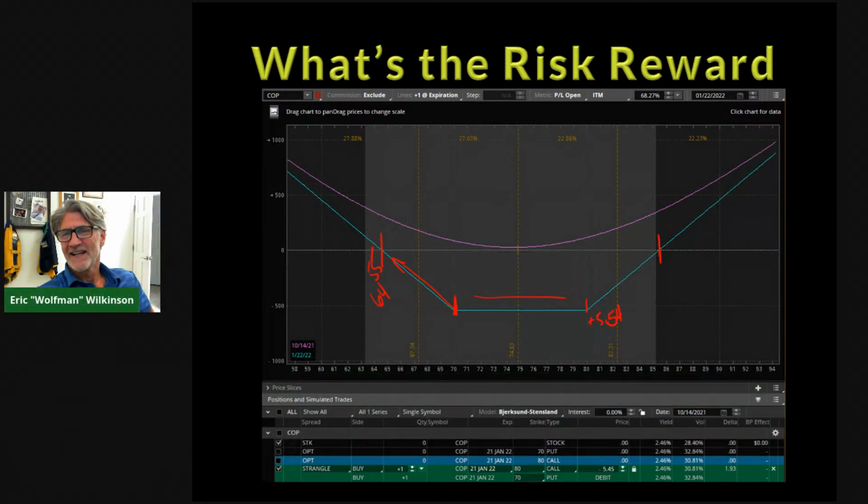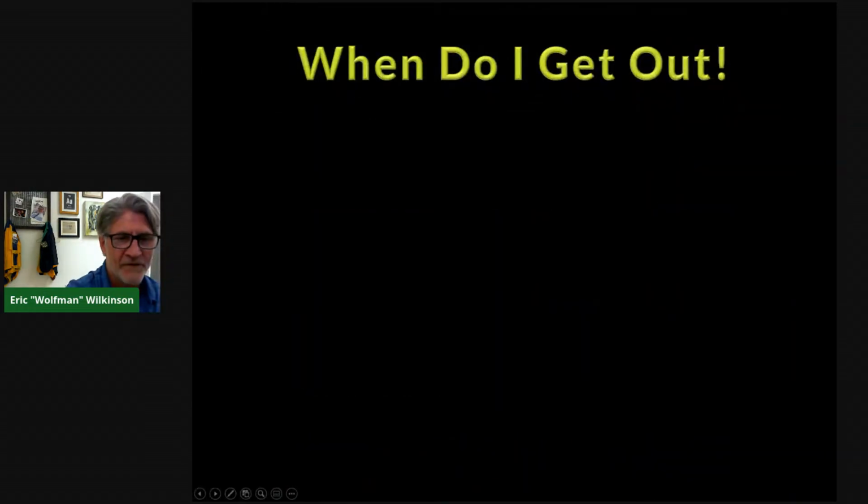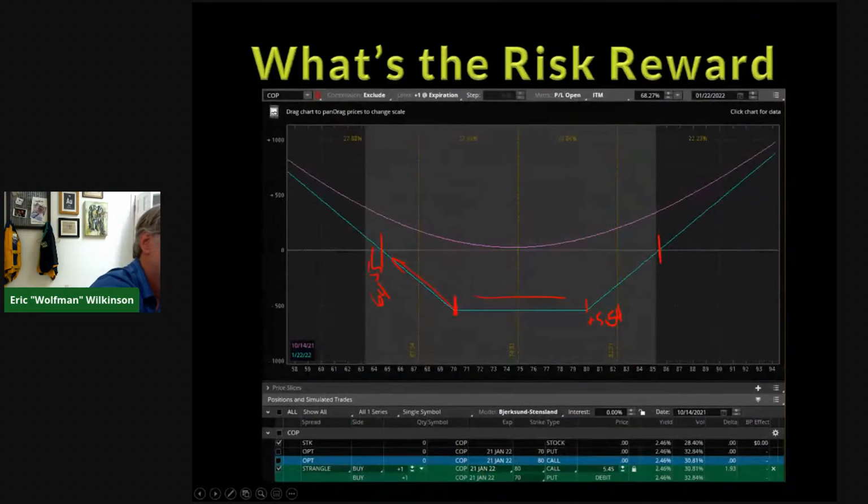I love it. All right, so that's how you figure out your break evens, especially with that debit. You gotta make up for that move. Now that's at expiration. These profit and analyze tabs, I do it just for you guys because it really gives you a pretty good idea of that range there. But at the end of the day, if volatility starts going through the roof right away, this purple line